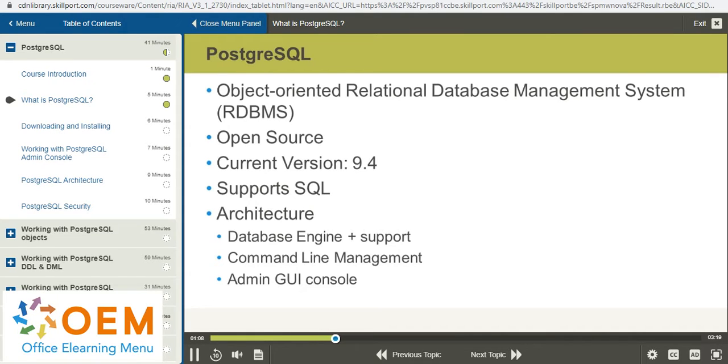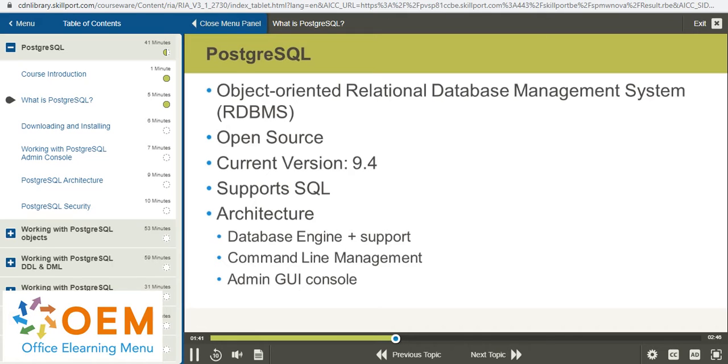Now, like any database management system, there are certain aspects of the SQL language that are only supported by particular products. So, you may see examples of a particular keyword or phrase in the code that is unique to SQL in Postgres. But for the most part, if you are familiar with the structured query language, it is very familiar. It's the same use as any other database management system.